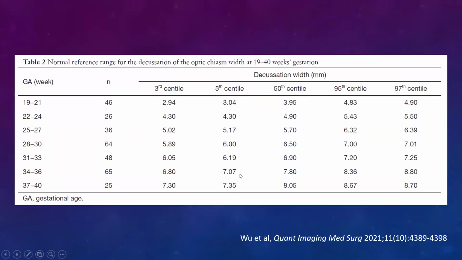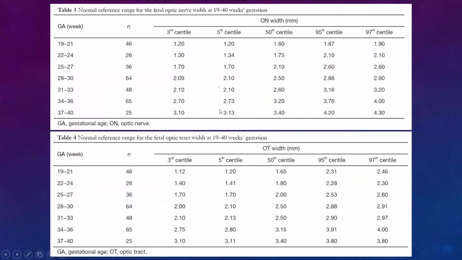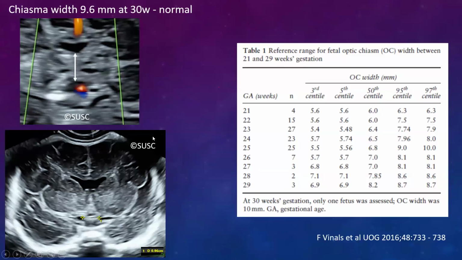That's the chiasma, that's the nerve, and that's the tract. All measurements have been given from all gestational ages. And this is an open access article, and you can, of course, download it if you would like to use it. So in cases of septal agenesis, we want to measure the optic chiasma, look at it for presence, look at the nerves, look at the tracts, look at the chiasma, measure it, and make sure that it is in the normal